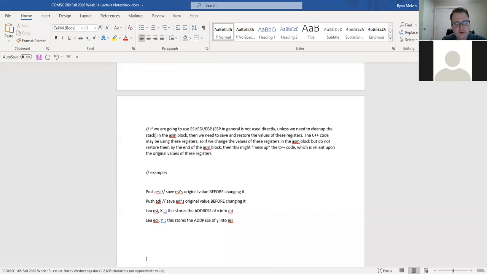That kind of thing is fine too. It's just we need to make sure that before we do that, we save whatever the original values of ESI and EDI were, because they could have already been used by the C++ code that came before this block. And then let's say we have some code that is going to do something with X and Y here in the ASM block. When we're done using it, we just need to make sure that we restore it,